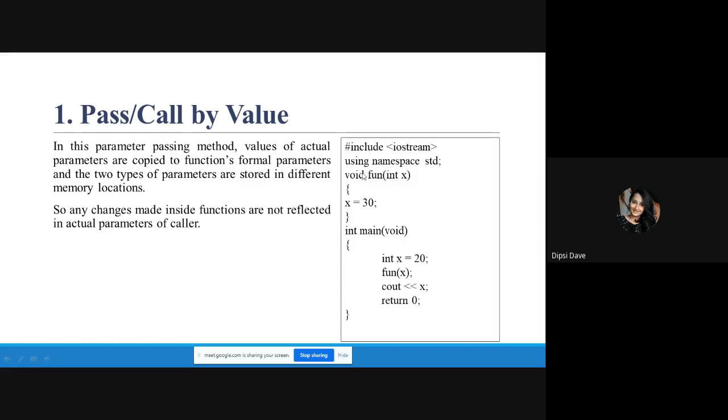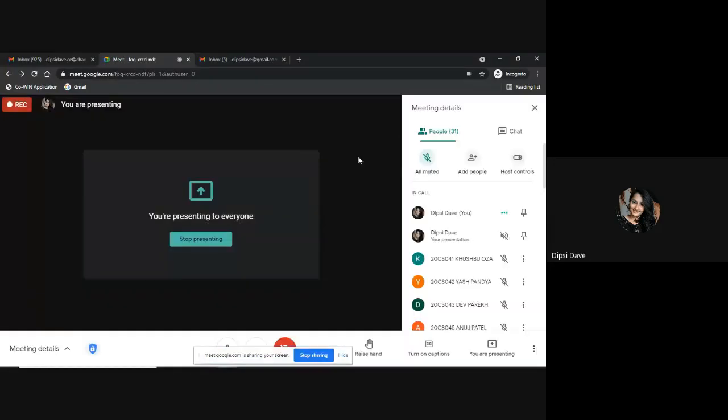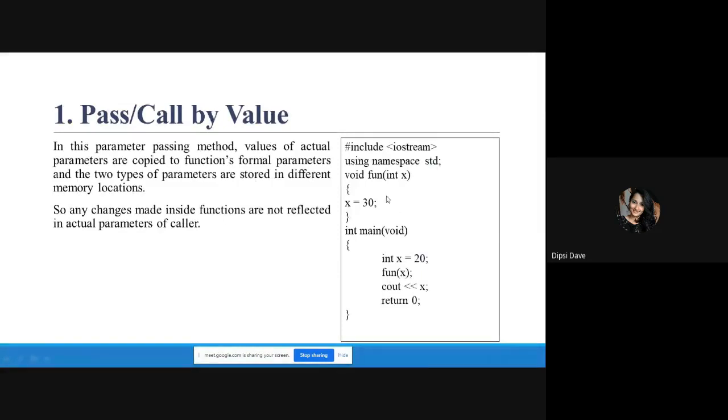So whenever control comes here, what will happen? The local variable x value will be pasted into this local variable x, right? So right now the value of x is 20. But in the next statement, we are just overwriting the value of the local variable x of fun to 30, right? And after this line, the control returns to main.